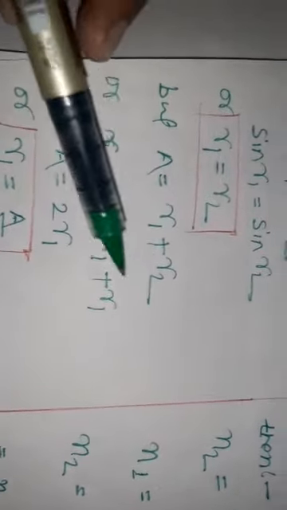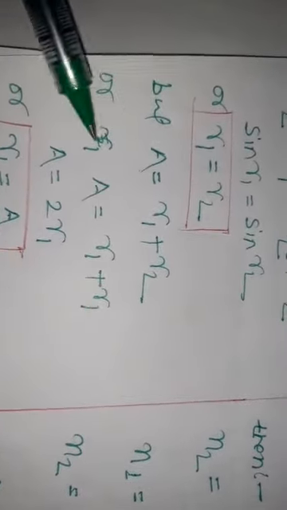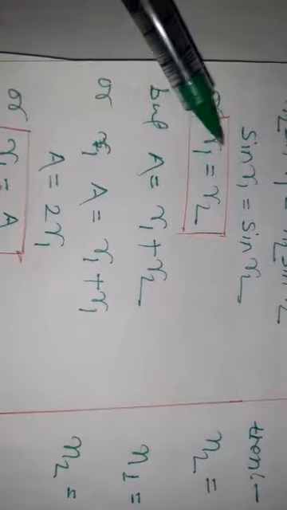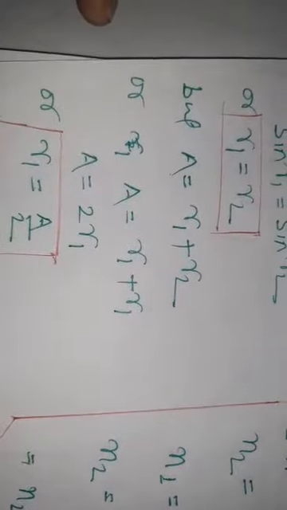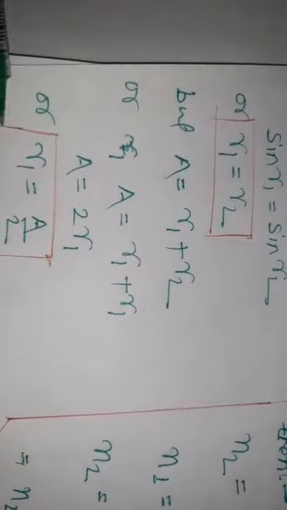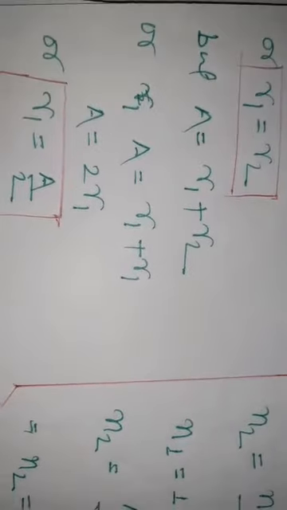Now, as we have proved previously, A equals R1 plus R2. Since R1 equals R2, A equals R1 plus R2, or A equals 2R1, or R1 equals A upon 2. The refracted angle is in terms of the angle of prism. Okay,